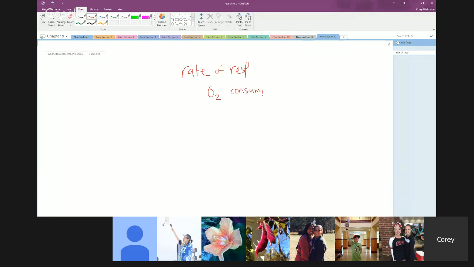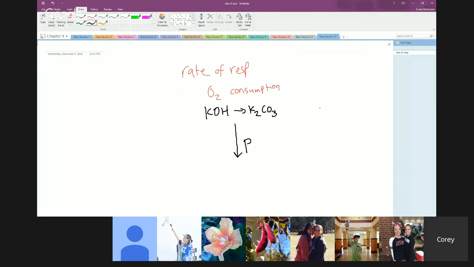The way that you have to do that is you have to use potassium hydroxide to take carbon dioxide out of the microrespirometer so that you actually can see a decrease in the pressure of the system. And that decrease in the pressure of the system is going to cause